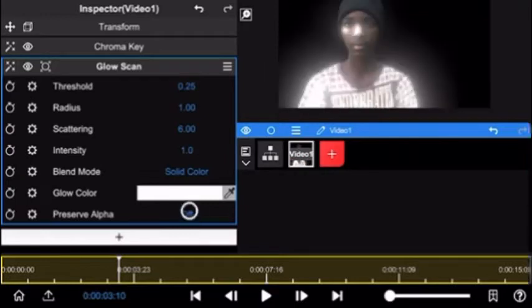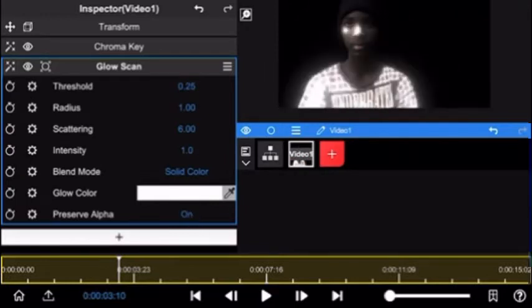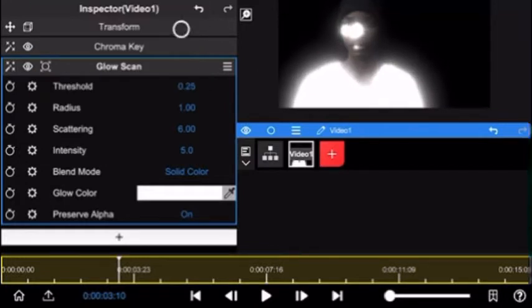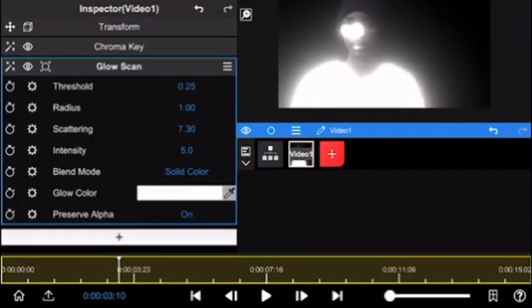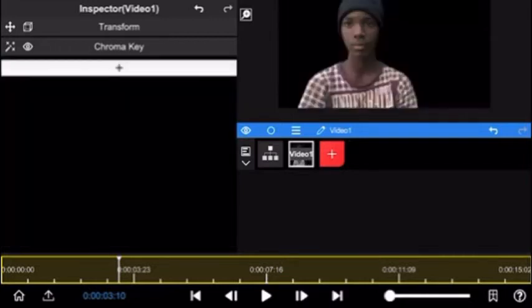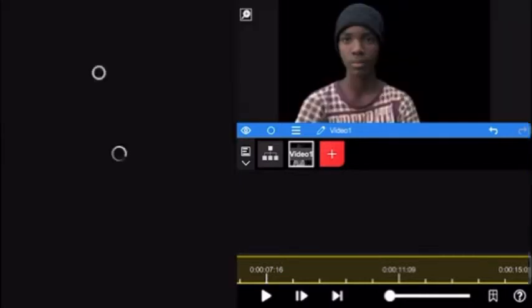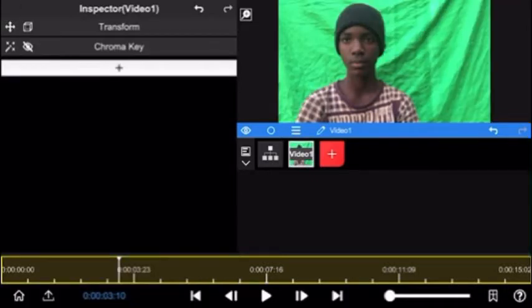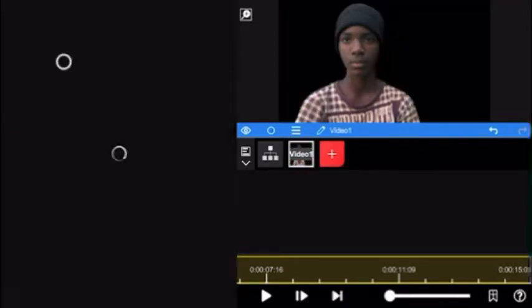And if you turn on preserve alpha, it's going to only glow really close to your character or really close to your alpha layer, as long as your layer has an alpha channel, which mine does, because as you can see, it's a chroma key. It's a green screen video. Anywho,